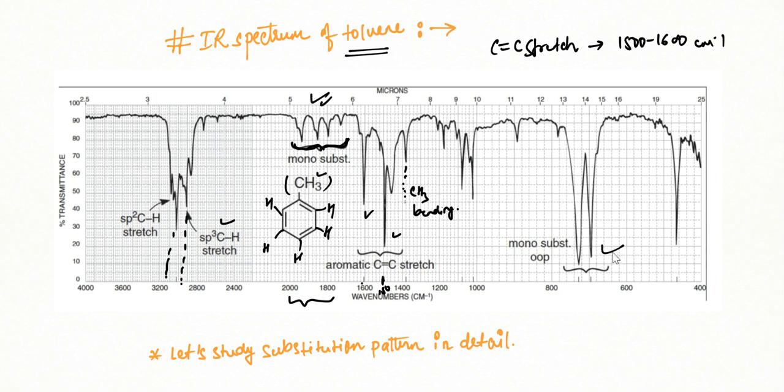Alright, and you would also get a mono substituted out of plane bending vibration, out of plane bending of the hydrogen carbon bond over here. Alright, so the range is again similar to alkene, around 720 centimeter inverse, but when you are getting two peaks over here, then you must understand it is our aromatic system. Okay, and definitely if you see this pattern over here, again three peaks of same intensity, mono substituted. Okay. Alright,